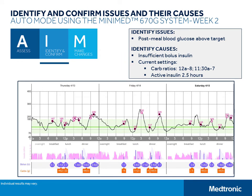Another helpful report is in front of you within CareLink. And what this report does is it overlays the sensor glucose readings with the blood glucose and then also the insulin delivery. What you'll note,